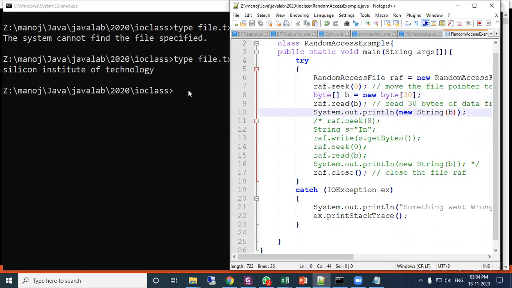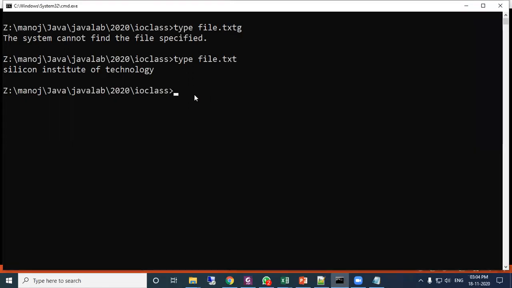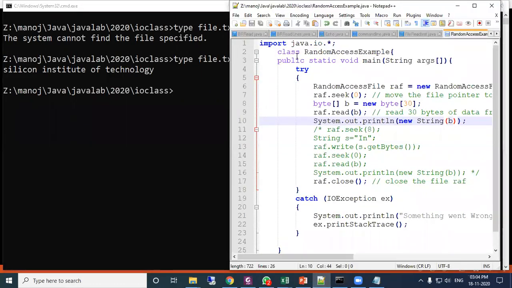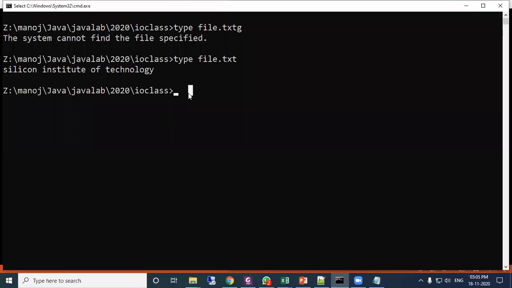Now let us see whether it is working similarly or not. The program name is RandomAccessExample dot Java.